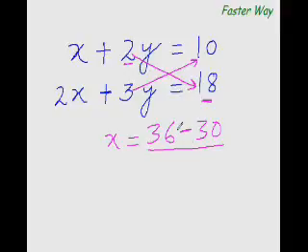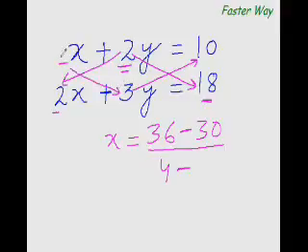Okay, now let's find the denominator as well. To find the denominator, all you need to do is multiply this number again with this number like this. So 2 times 2 is 4, and subtract from it the product of this number and this number.